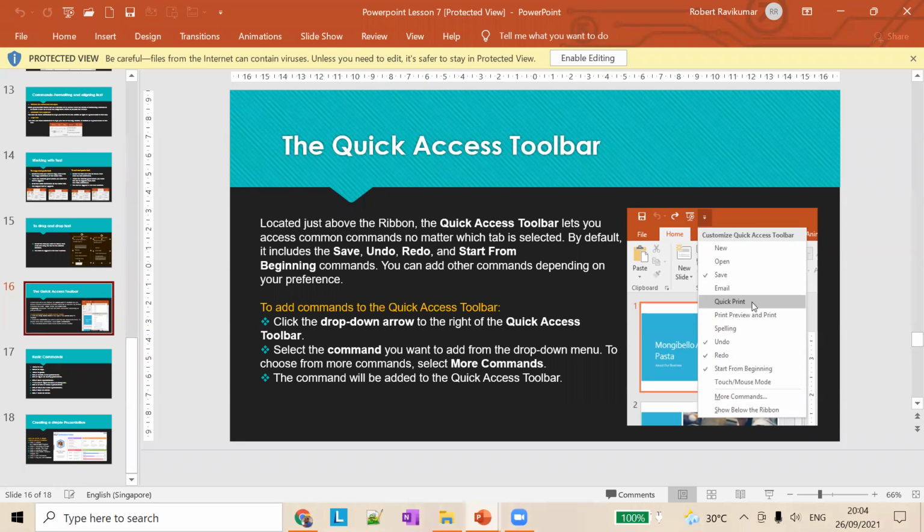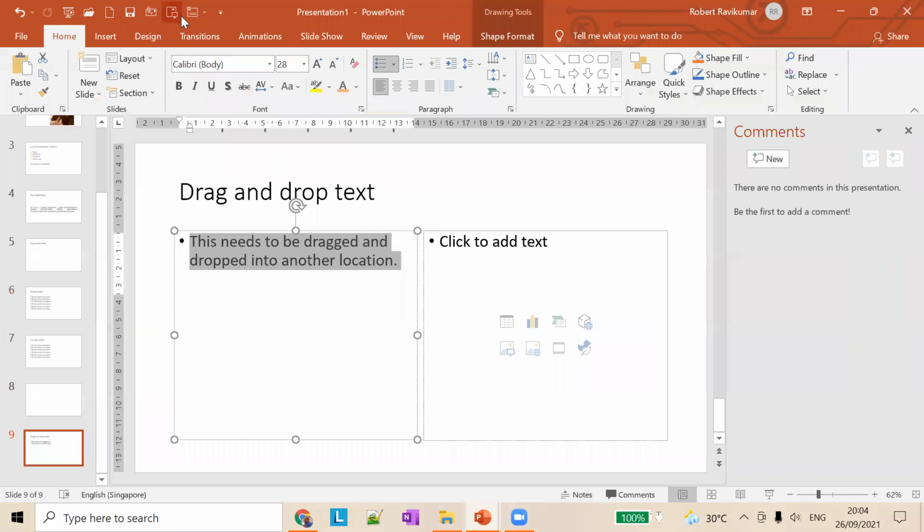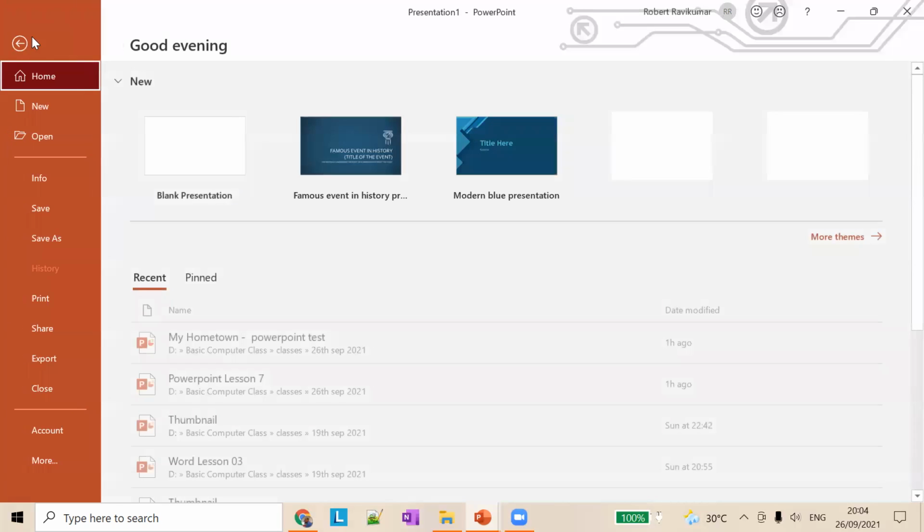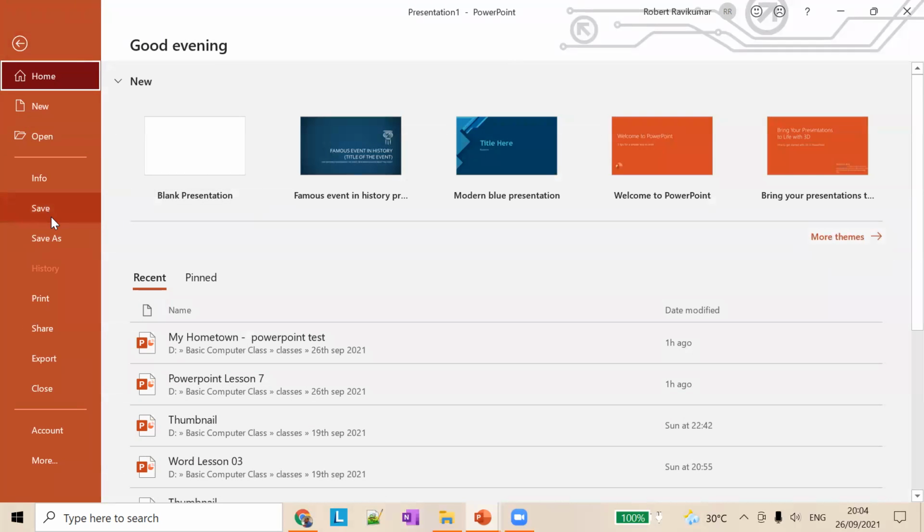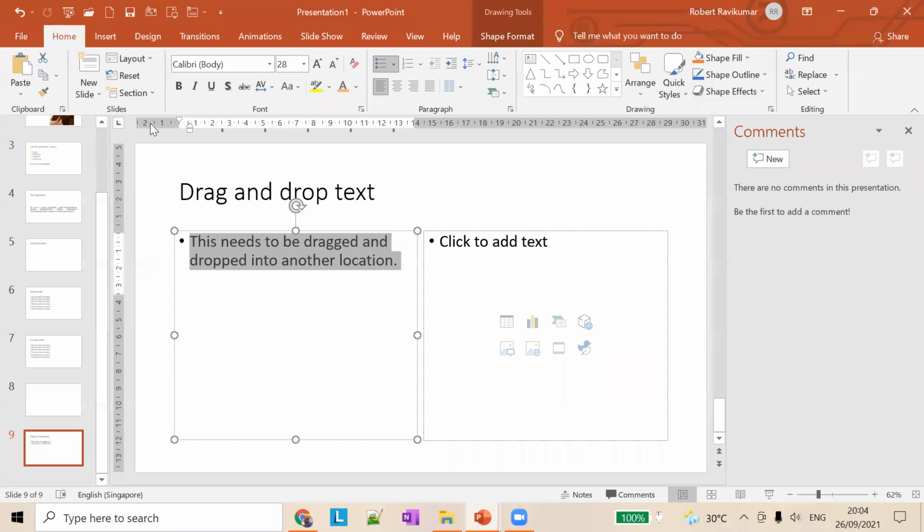Okay, so let's learn about what is a quick access toolbar. Okay, so there are different options that is available. Okay, so if you see here, right, there is some option called create a document, save here. Okay, so usually how do you save a file? Okay, so you have to go to the save menu here and save a file here.